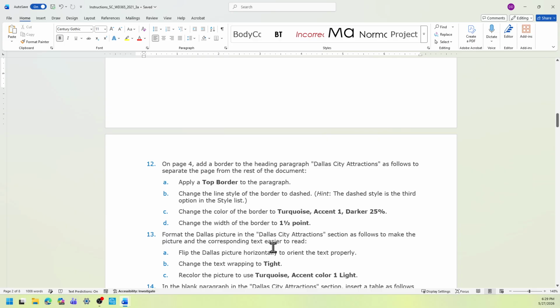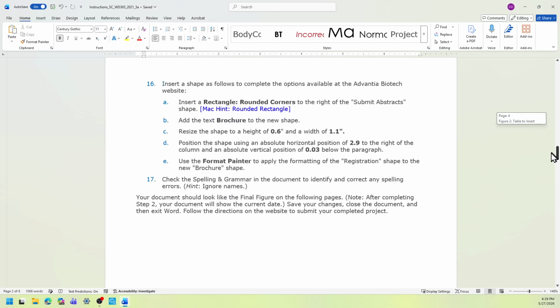Going to change the color of the border to turquoise, accent 1, darker 25%, and then change the width of the border to half a point, 1.5 points. So first we're going to apply the top border first. But let's see what it looks like.